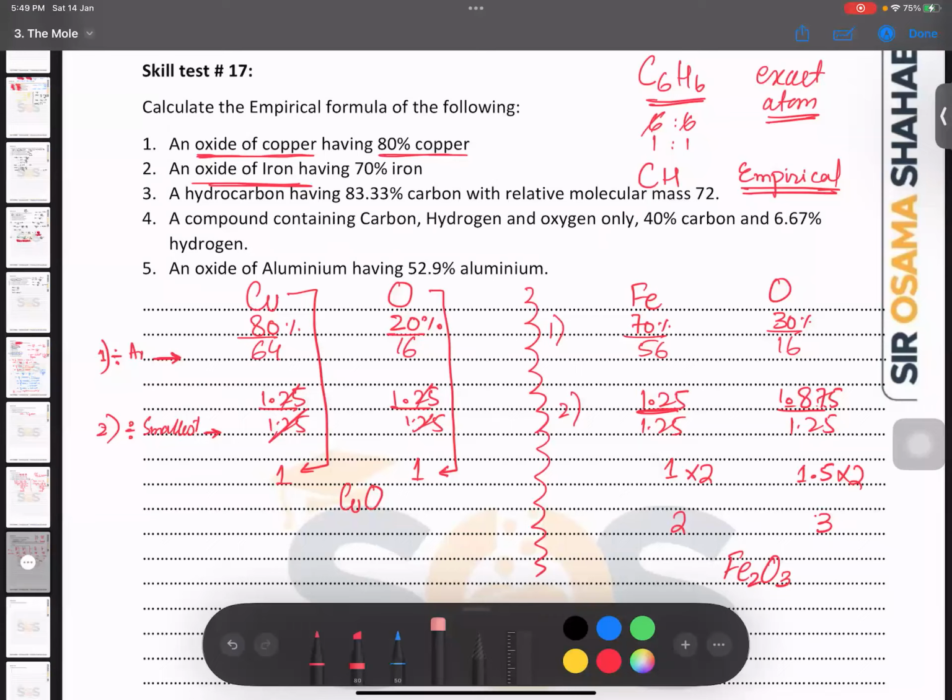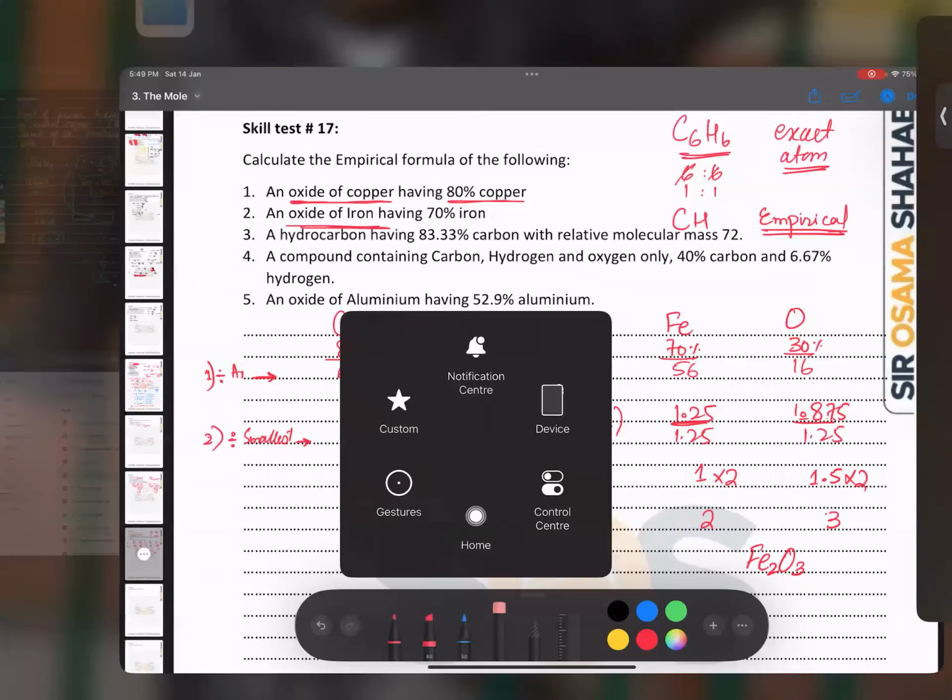Yes, sir. चलिए, अभी फिलहाल हमें ये 3 पार्ट्स करने हैं, तो